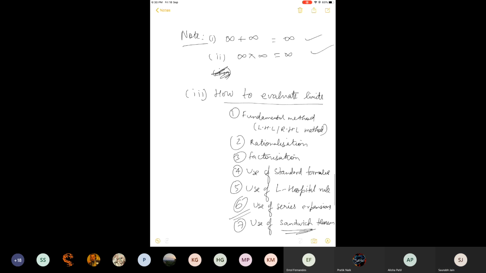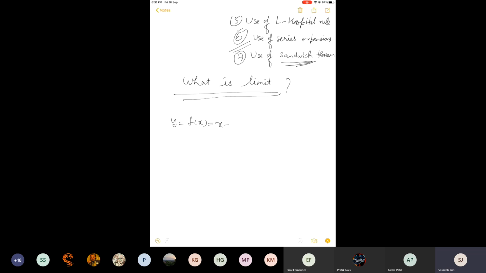Now let's come to the basic question, which is not from the above three. What is limit? To understand the concept of limit, I will start with an example, and this will lead us through the rest of the chapter. I will start by drawing two graphs. Okay, this is the graph.